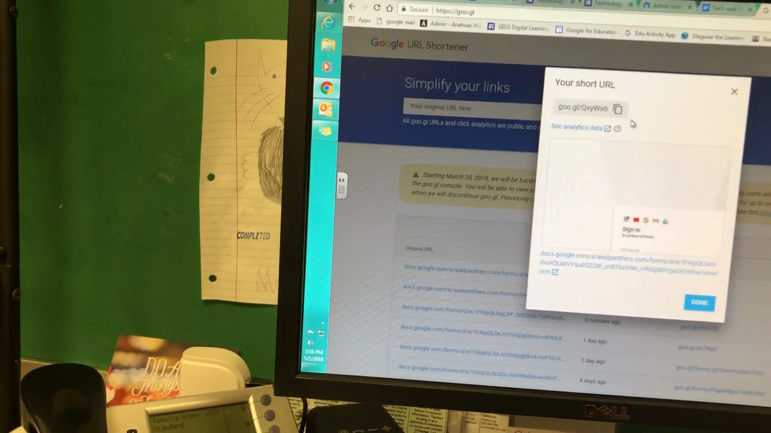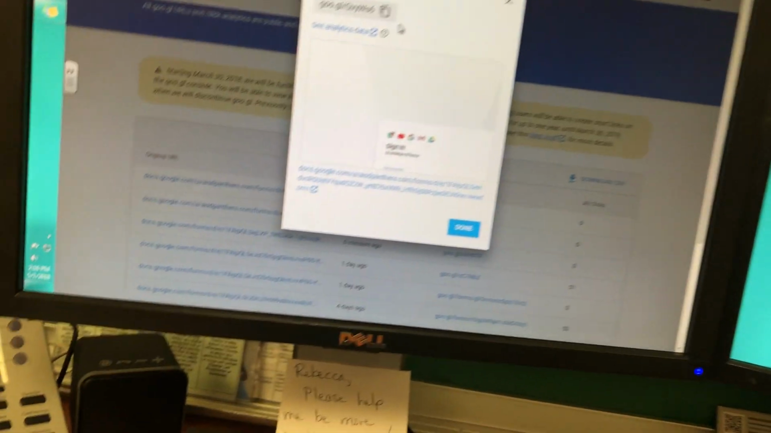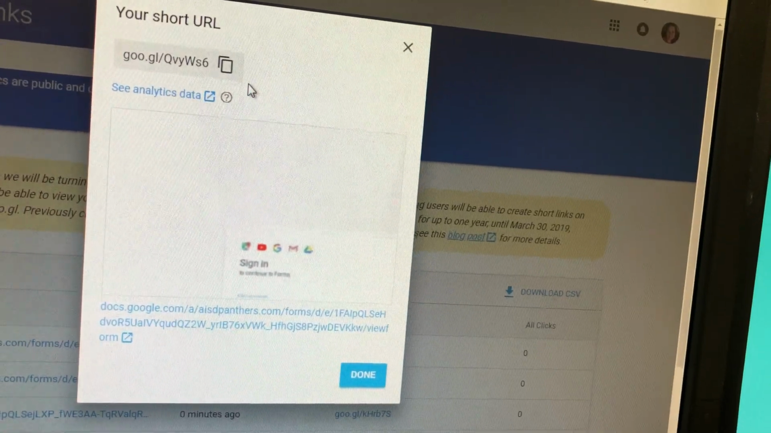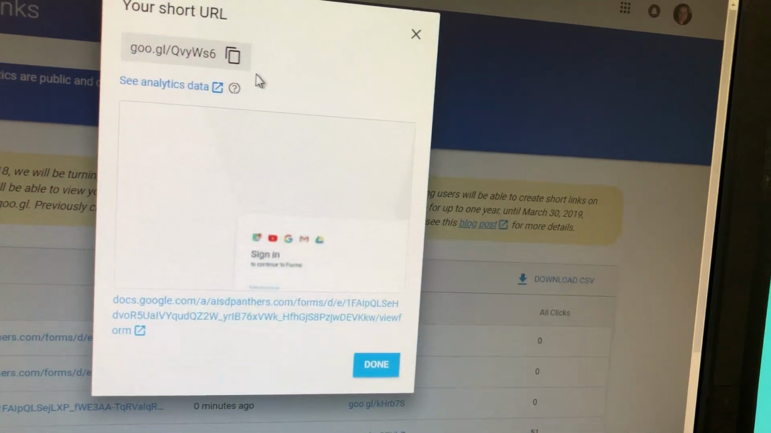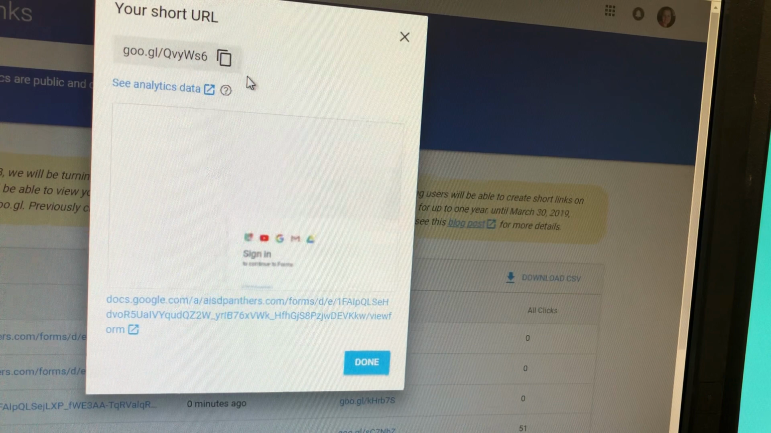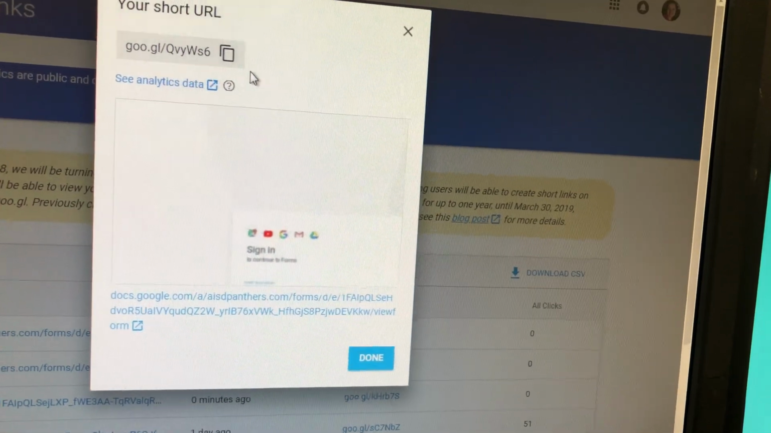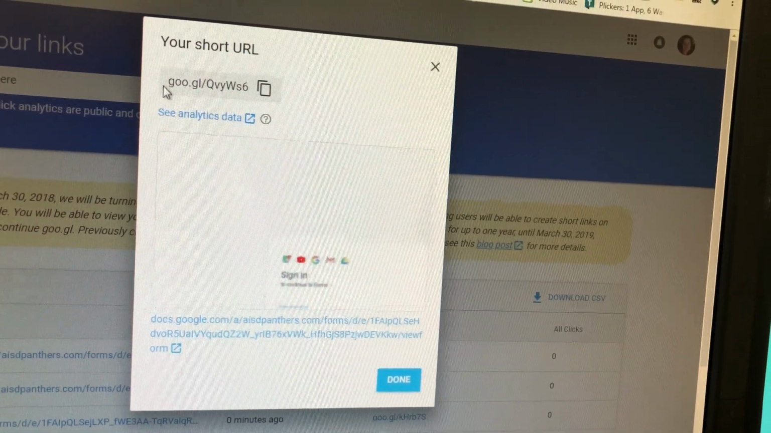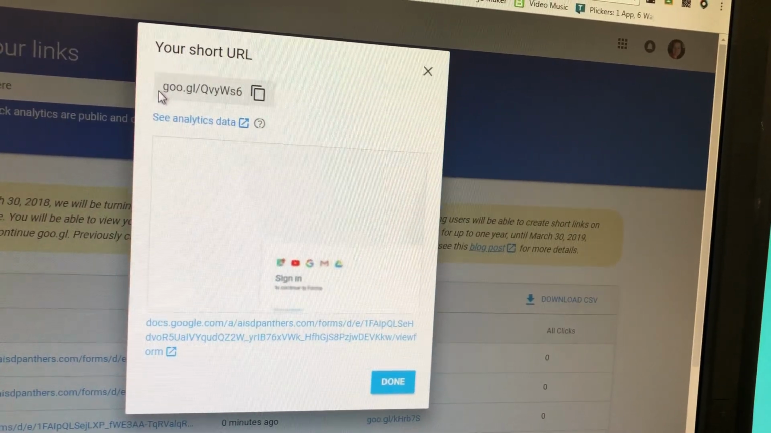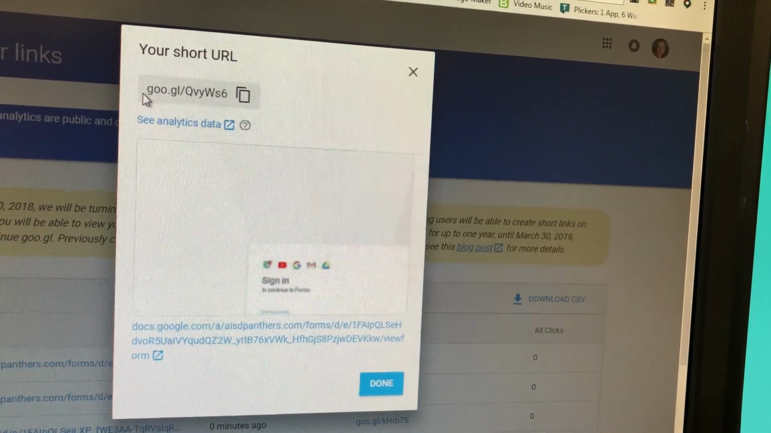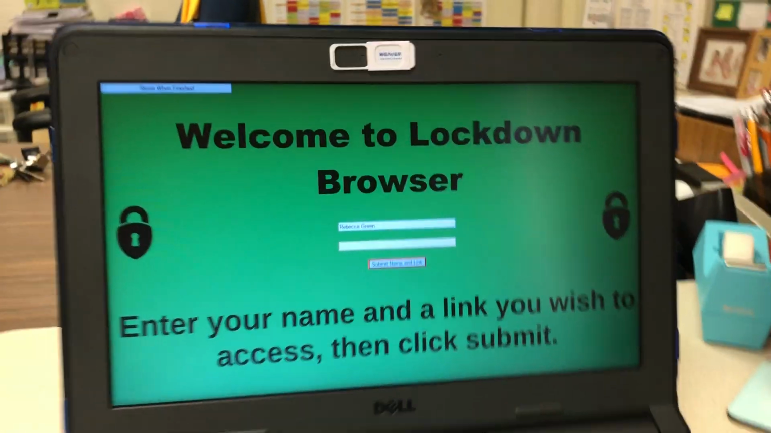So let me jot that down real fast. Let's see, it is goo.gl/. Okay, so I wrote that down. Now what you need to know is before this link, there's actually https://. Okay, so now I'm going to come back over here to my Chromebook, and I have that link written down